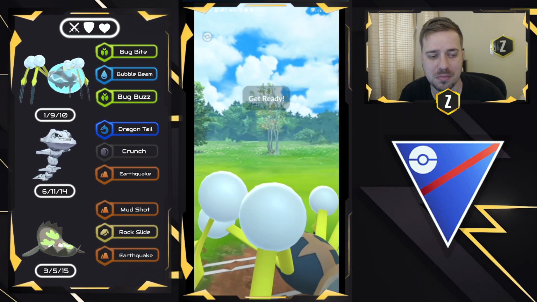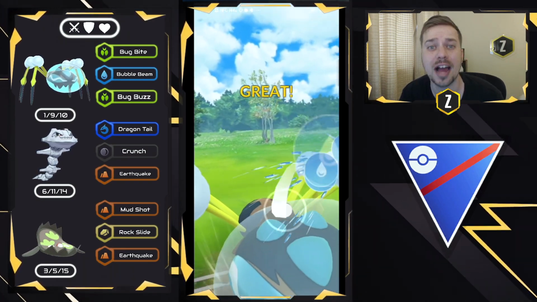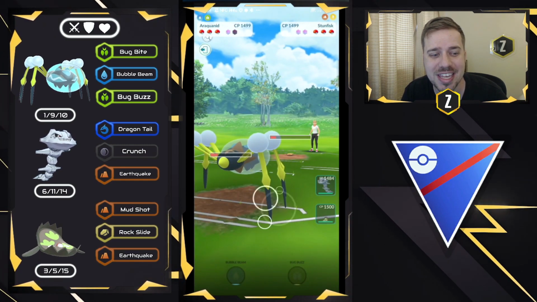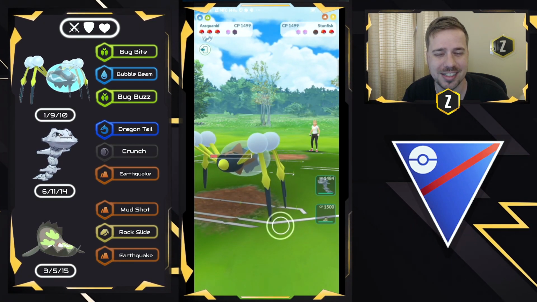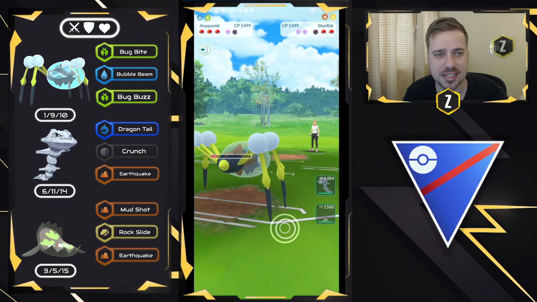This Bubble Beam now might just force a shield from my opponent. If they decide to no shield, I might just be able to farm down with Bug Bite. It's going to be close, but let's see. Yeah, they decided to no shield it. The attack did drop, and we get the White Ball of Death in the top left. We both come back, and we do take them out right there. Today's sets were pretty laggy, if I'm going to be honest,